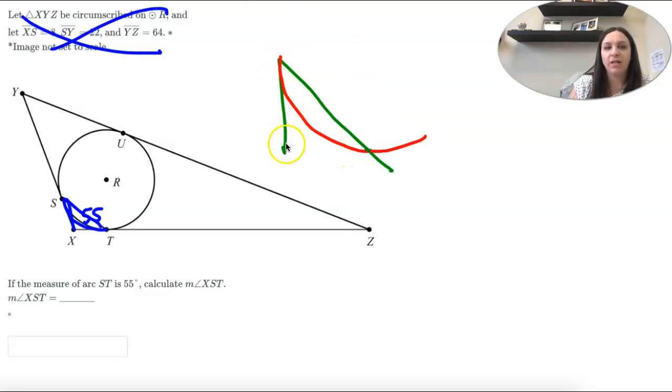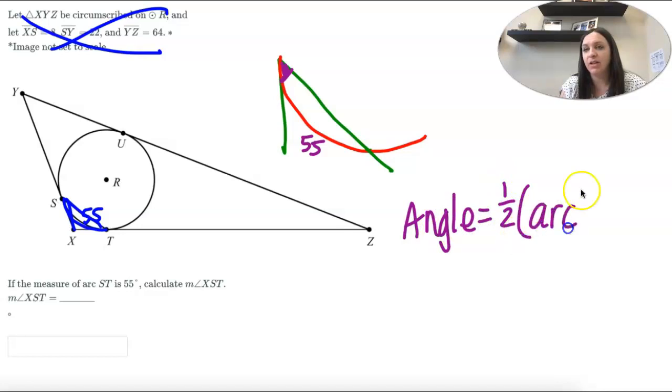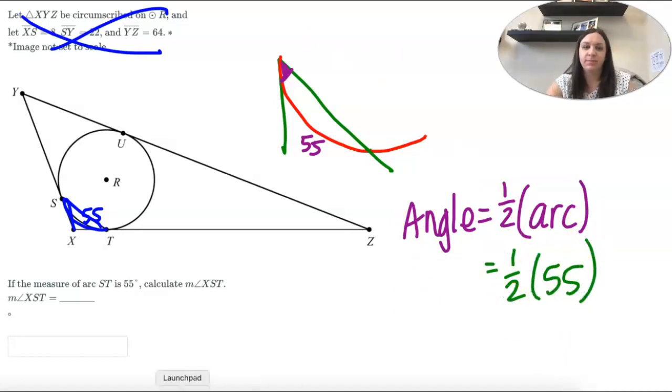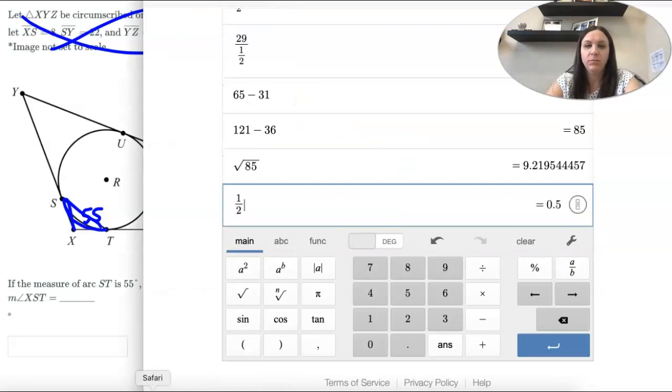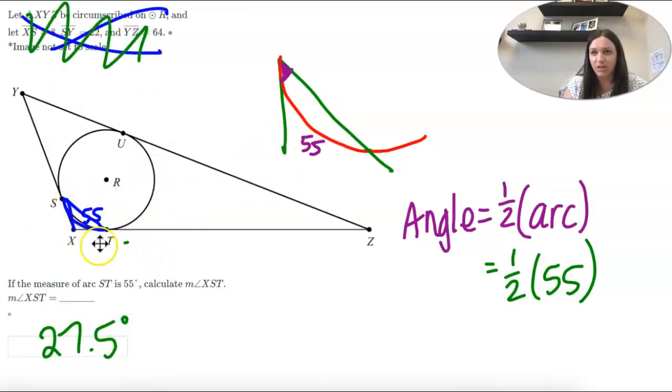So the arc length is 55, and we're trying to find this angle. So the angle, we've done one similar to this, is 1/2 of the arc length. So 1/2 of 55 is 27.5. So this was all stuff we didn't need, and then I just redrew it because that's really hard to see. But when you have an angle that's made from a tangent